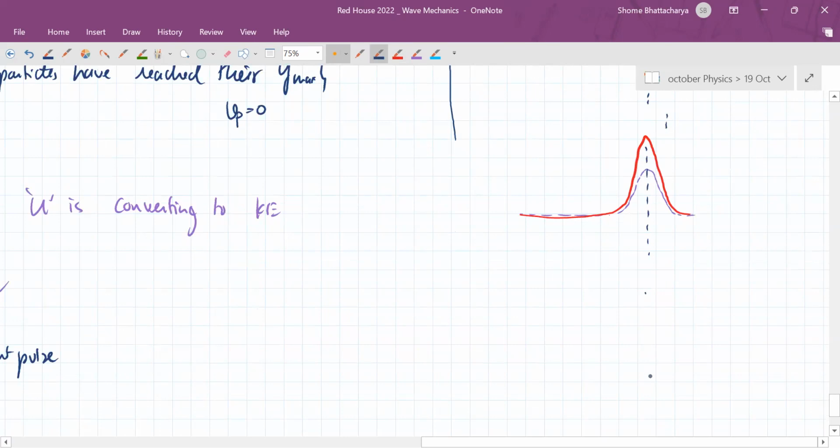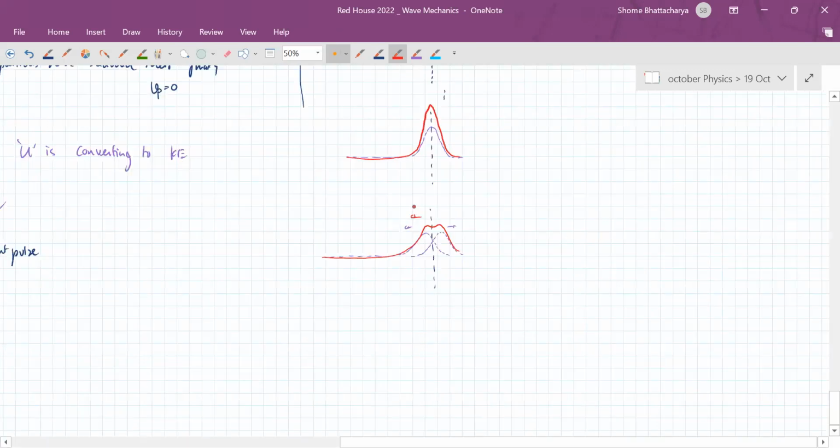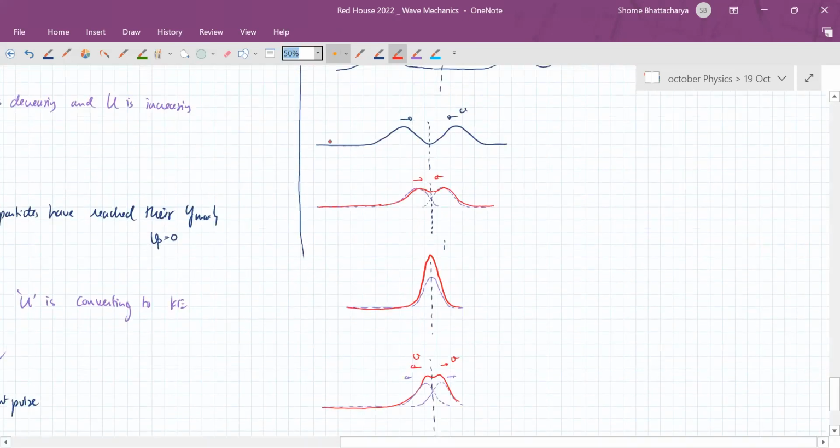Then as they cross each other, so this kind of sequence of